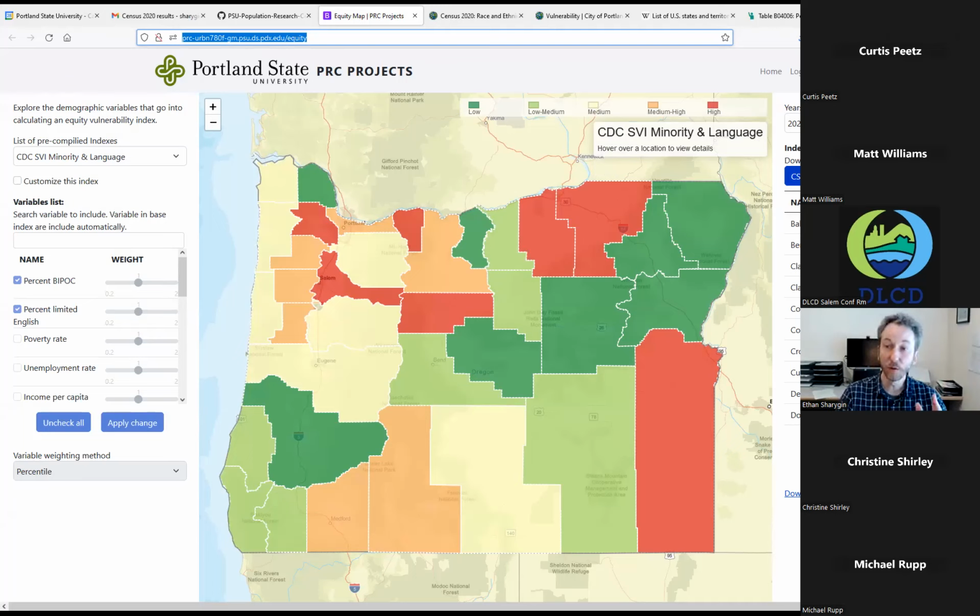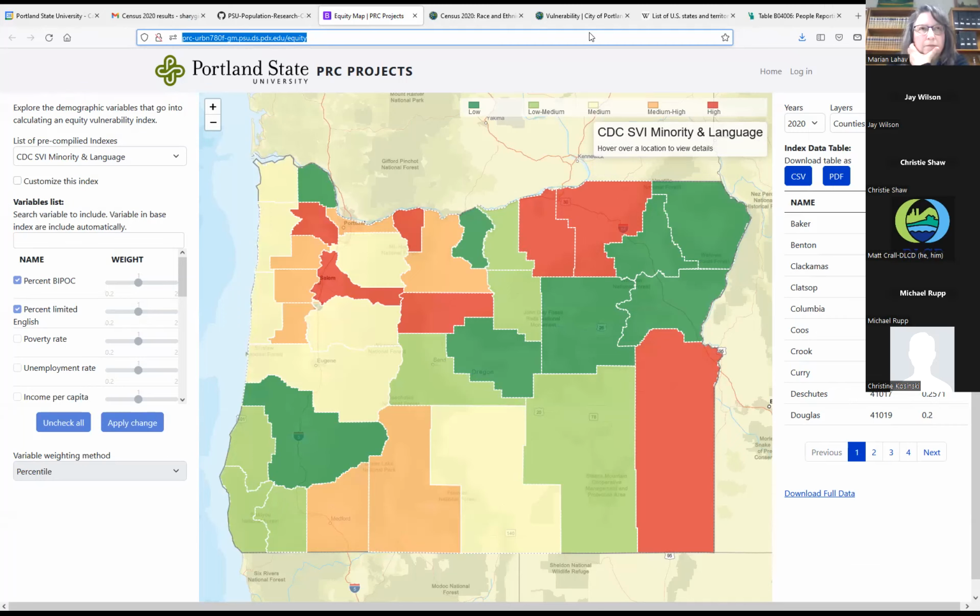And what we've done is look at all of the different vulnerability indicators that are out there. There are some projects that are national level. There are other projects where states or local governments have done their own. We have several different competing vulnerability measures just in the Portland metro region that have been put out. And so what we've done is look at all of the 150 plus indicators that go into those indexes, and we are putting together all of the metadata on geography, data quality, and so on